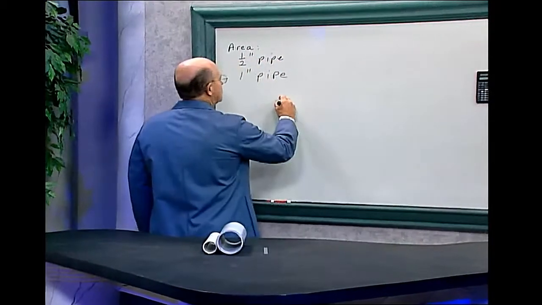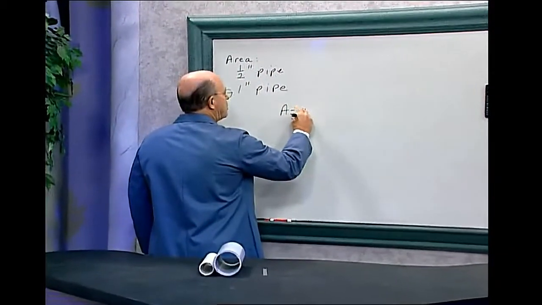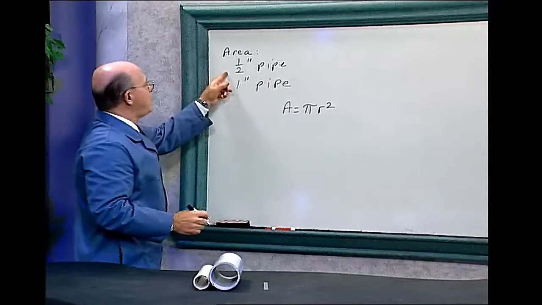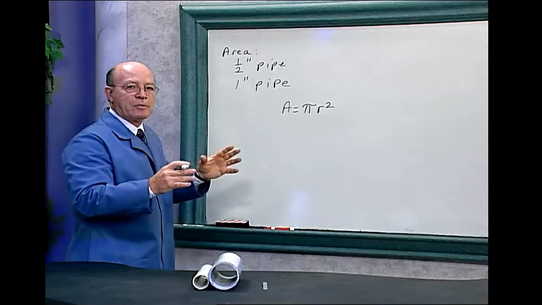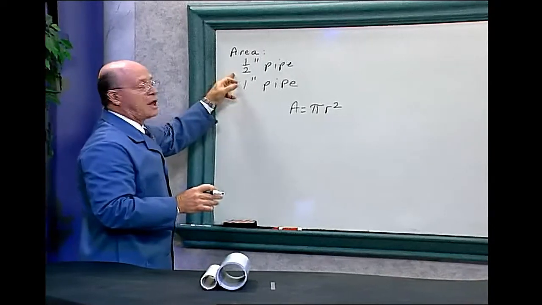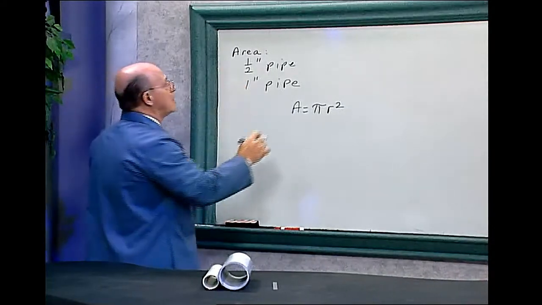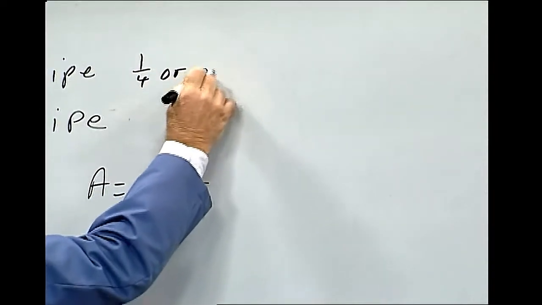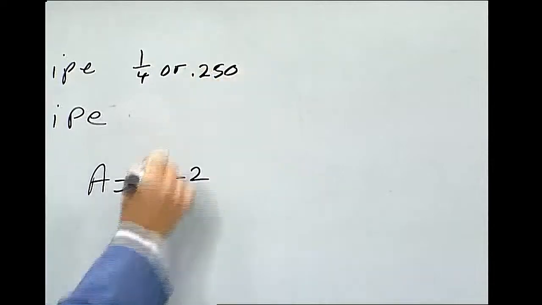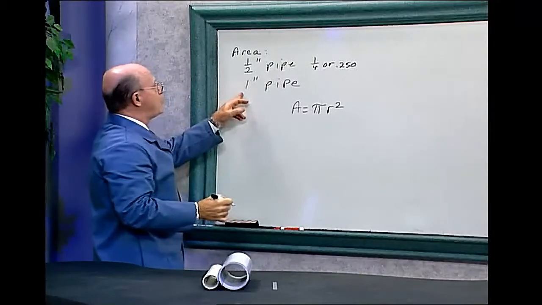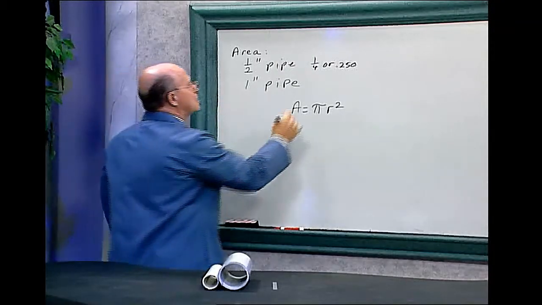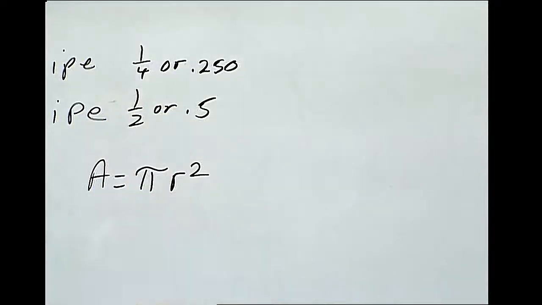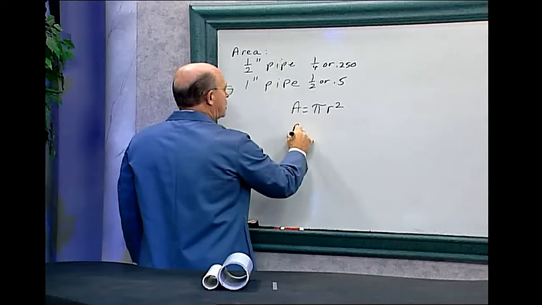Area equals pi times radius squared. Now the 1/2 inch pipe, that's the diameter of the pipe. So we've got to take 1/2 of 1/2, and that will equal 1/4 or 0.250, and a half of the 1 inch pipe is 1/2 inch or 0.5. So let's just plug in the numbers. Area equals